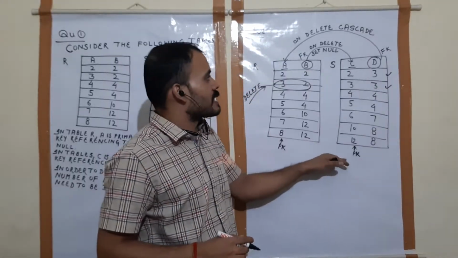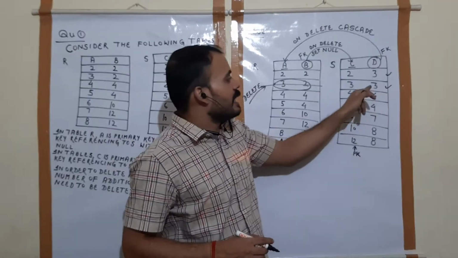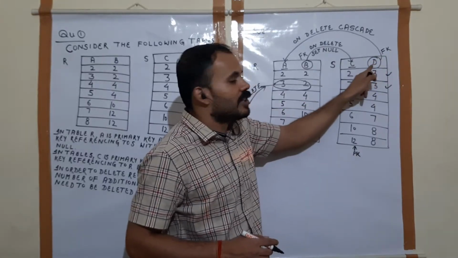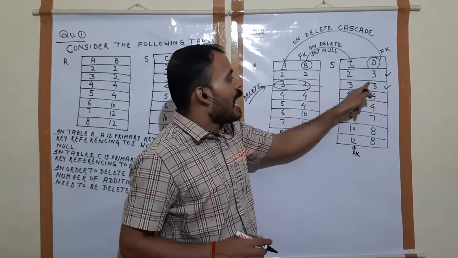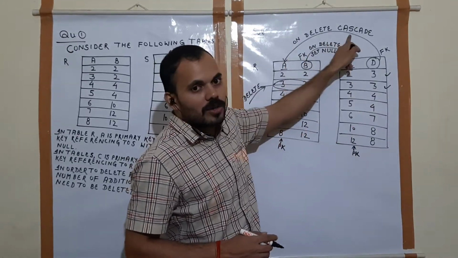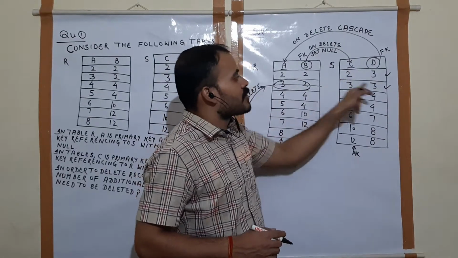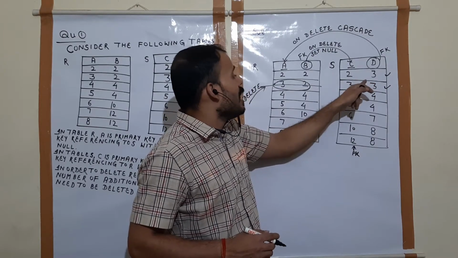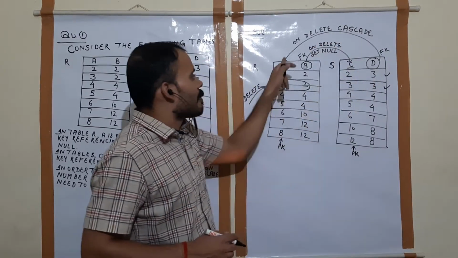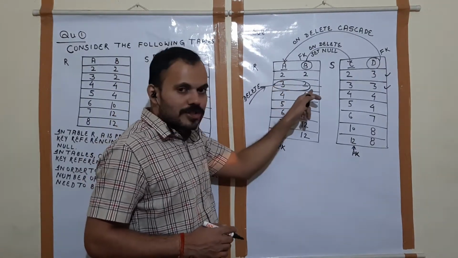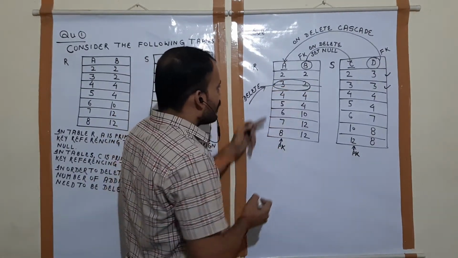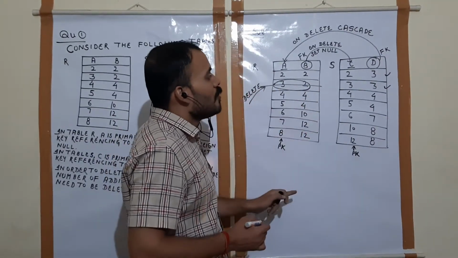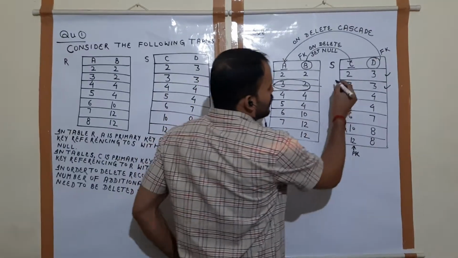The corresponding foreign key value means, see here, in these two records in the referencing relation, the foreign key value is 3. In these two records, 2, 3 and 3, 3, the foreign key D value is 3 and 3, and so it is on delete cascade. The foreign key D is referring to the primary key A, and I am deleting 3, so now there is no 3 available. So if I am deleting this record, we also have to delete these two records.